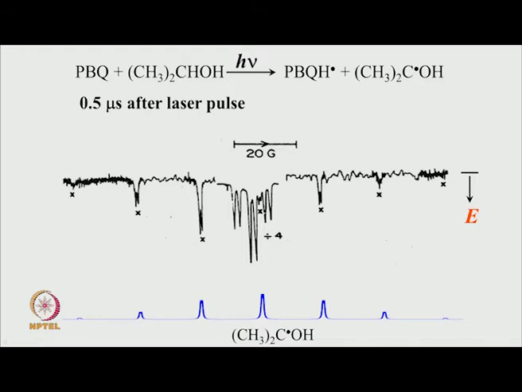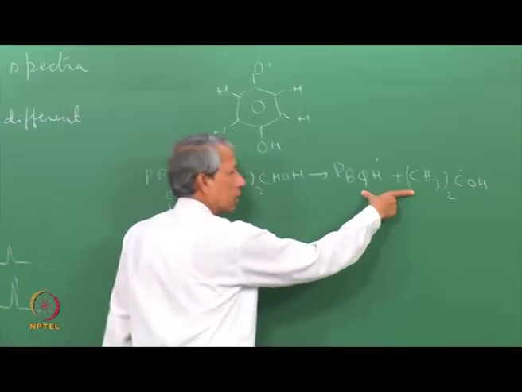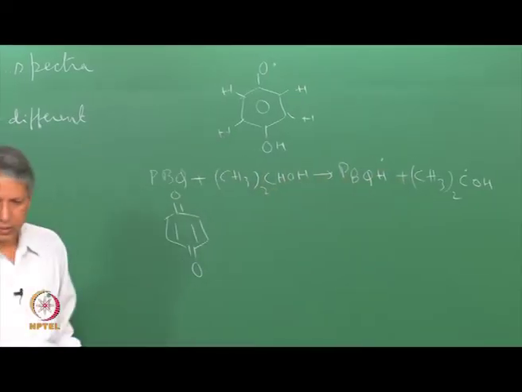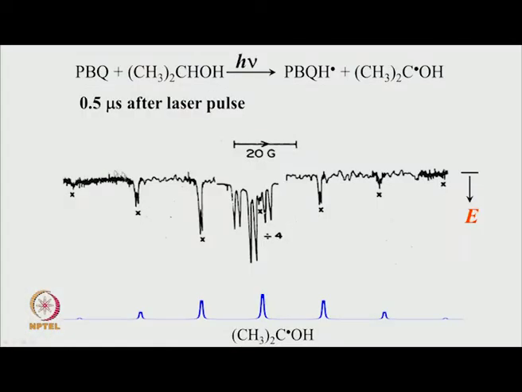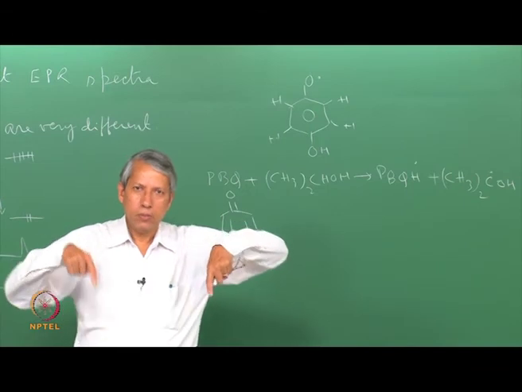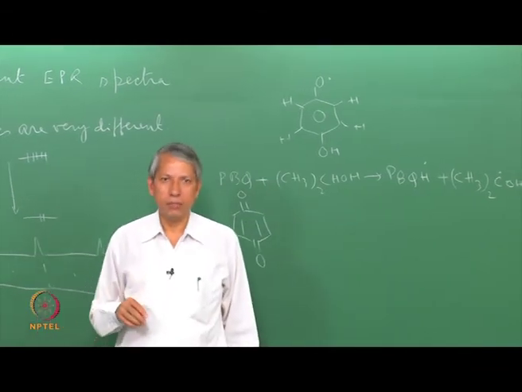So, the first thing is that the time resolved EPR spectrum gives evidence of the presence of both the radicals, but that is not so interesting. The interesting part is the appearance of the signal: all the lines are in the downward phase. That means all the lines are appearing in an emissive fashion.